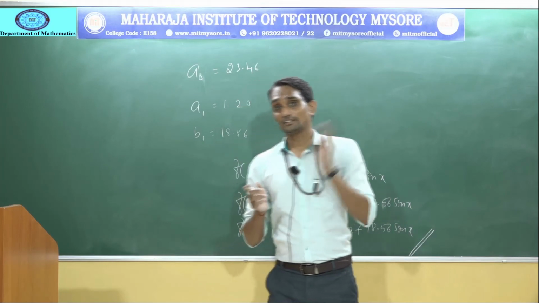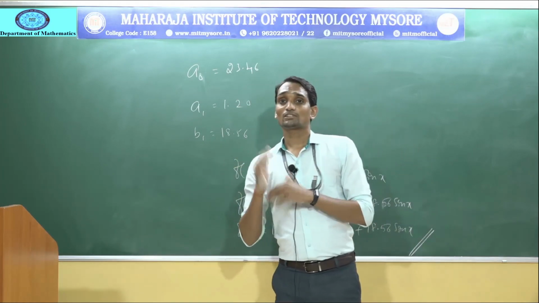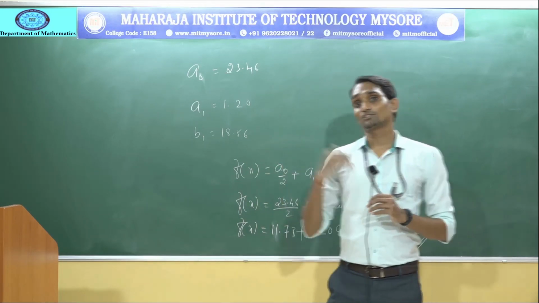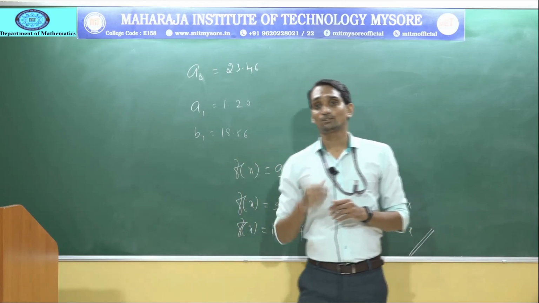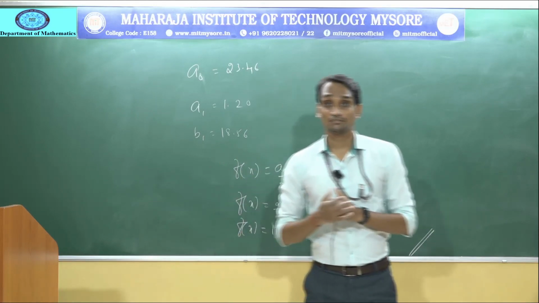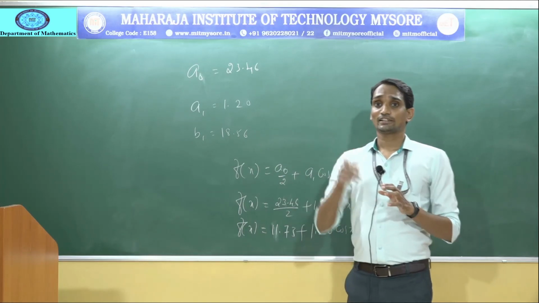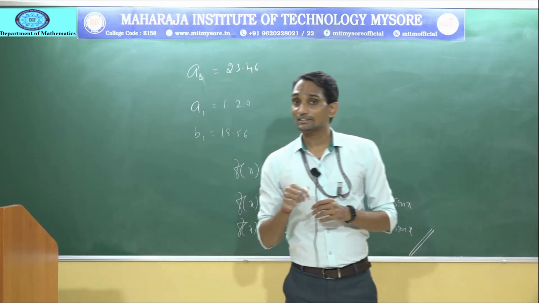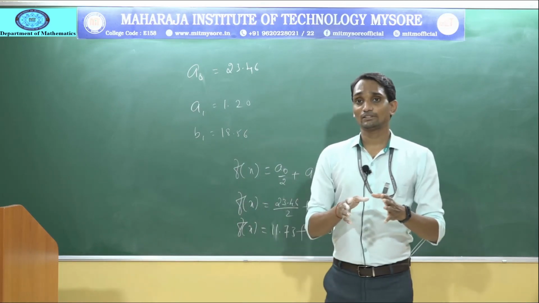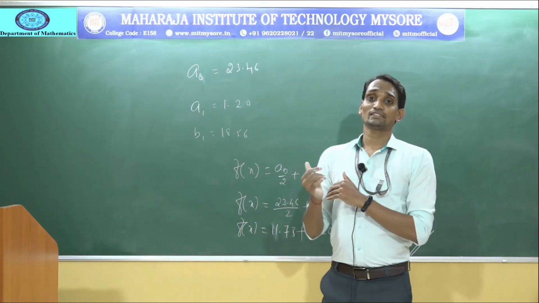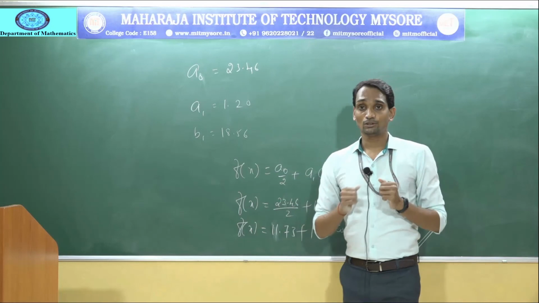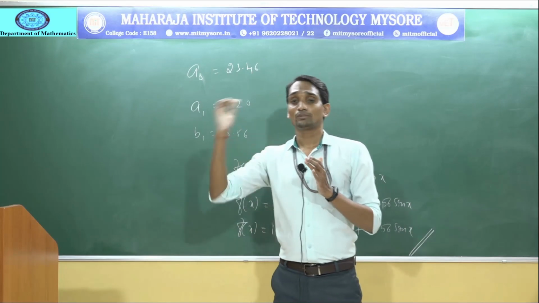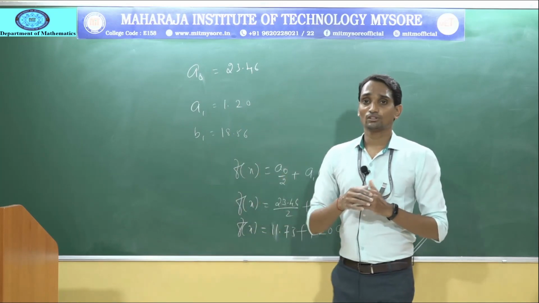In half range series, that is between 0 to L, we need to compare 0 to L with the given interval. If 0 to 1 is mentioned, L equals 1. If the interval is 0 to 2, L equals 2. In practical harmonic analysis, if the question is first harmonic, where you calculate both cosine and sine values, L equals (b minus a) divided by 2. If only a cosine series or only a sine series is mentioned, then the L value is applied as for the half range series, comparing 0 to L with the given interval. This is about the Fourier series.